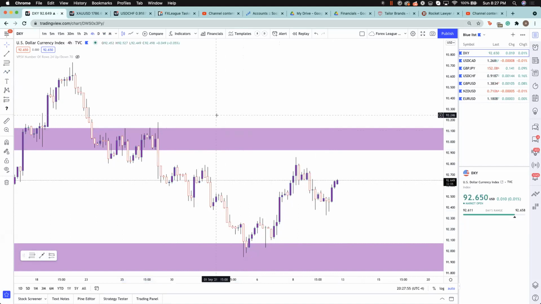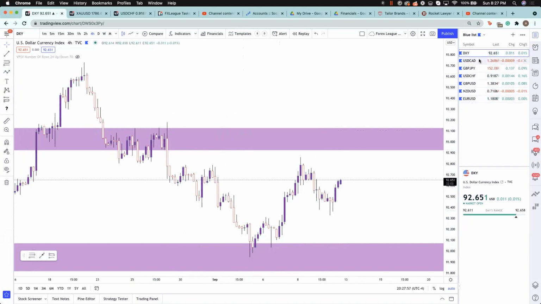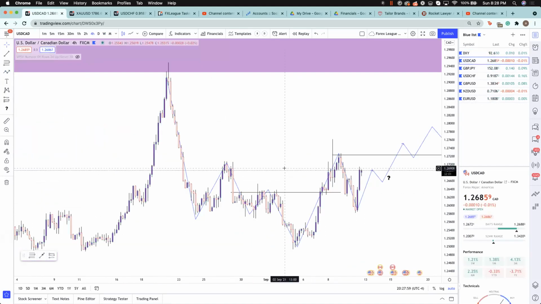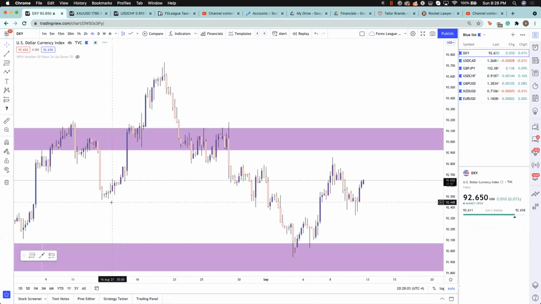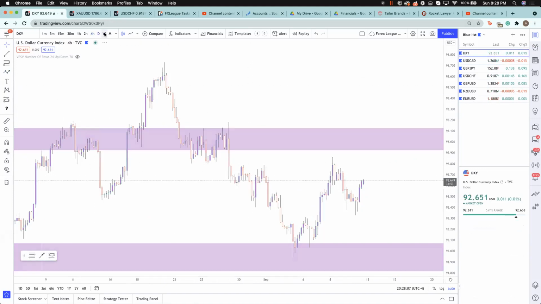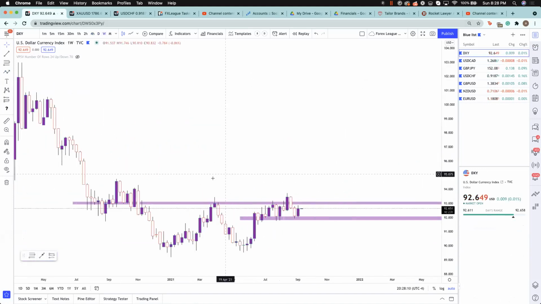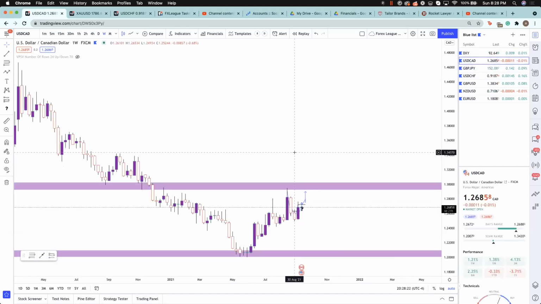So with that in mind, let's just shift over and first look at UCAD, because if the dollar is going to push up, if it is going to gain strength, then the UCAD will most likely push up as well. And remember, this 93 area has been pretty much the key zone for quite some time. We retested it previously, moved down. Now we're just bouncing off that level multiple times. So I am expecting at this point for it to come back up into that zone.